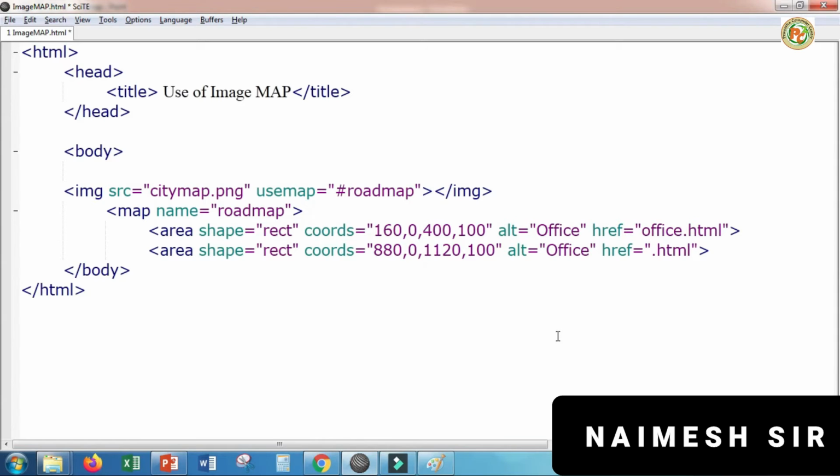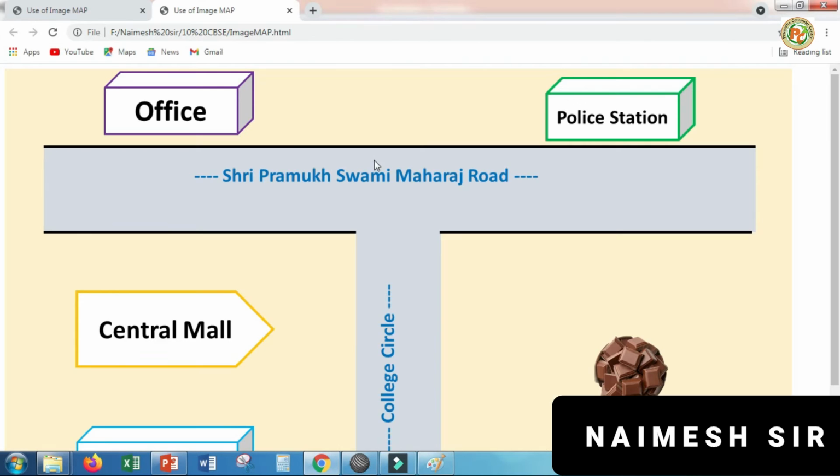In this we will create the file name like police station.html. But remember, we have to type the name here, and if we haven't created that file, then you have to create it. I am going to press F5 here. Now it is already done. If you move here, it will appear in that particular location.